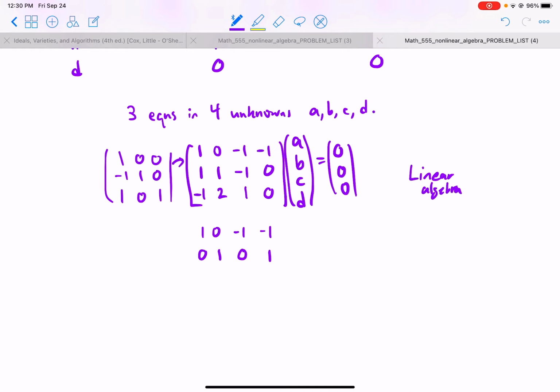And the third row becomes the first plus the third. So I got these zeros. Okay, so now I'm there. Next, I will eliminate this 2 by taking minus 2 of the second plus the third, and getting